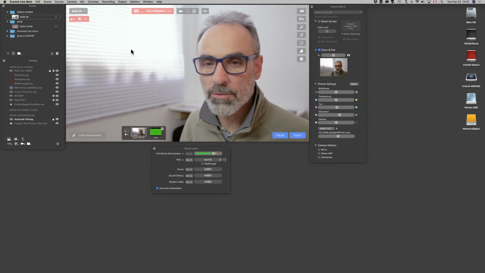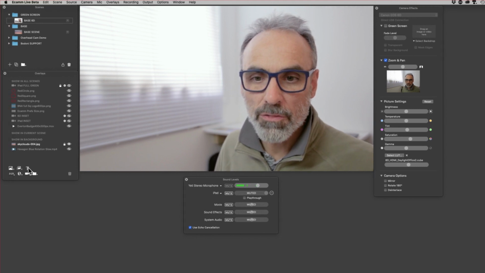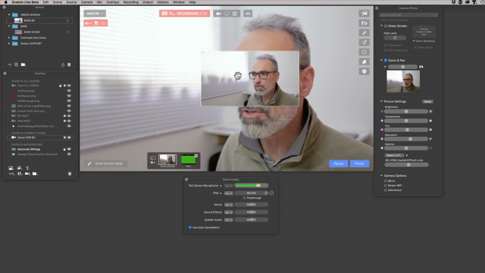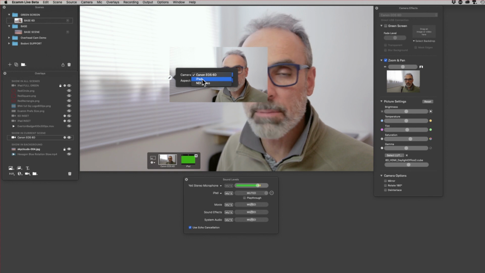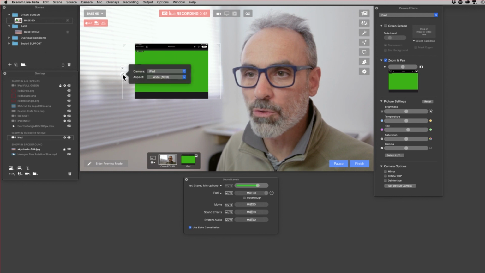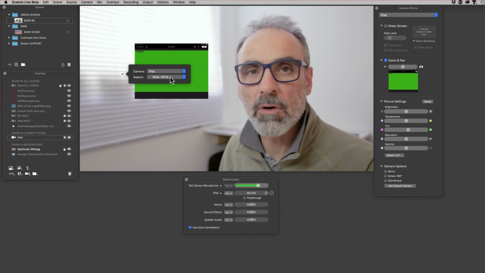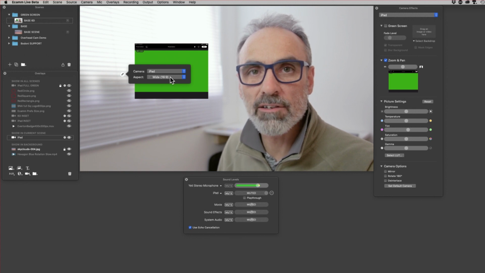So here we are in demo mode, and what I'll do, I'll just zoom in a little so you can see what we're doing here. The camera overlay button is this icon just here. Click on that and that opens a window showing your cameras. If you click on the little pen icon there, we can then choose the iPad as the camera source. Once we've chosen the iPad as the camera source, the aspect ratio is shown as being 16:9, and most people might think that that's exactly the right size, but in fact that doesn't allow us to spread the green screen across the screen to cover it as we need to.